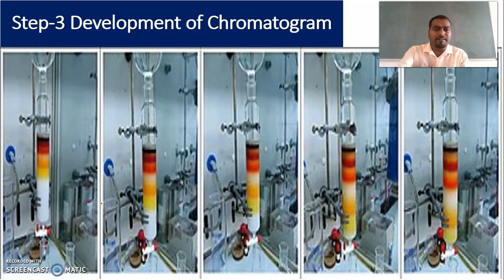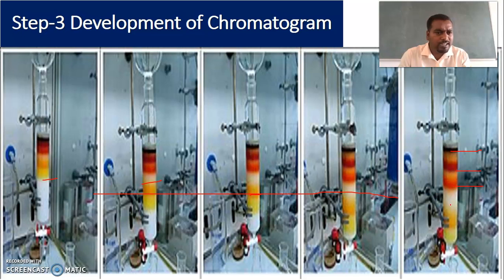On continuously passing the mobile phase, just observe the various stages here. In the first stage, the separation is less. If it goes on, these analytes are completely separated, and they are situated at different positions.